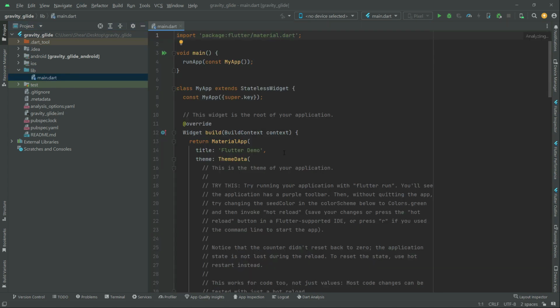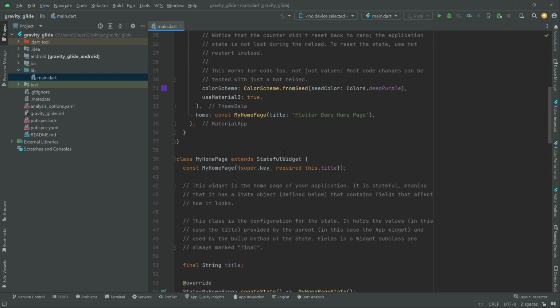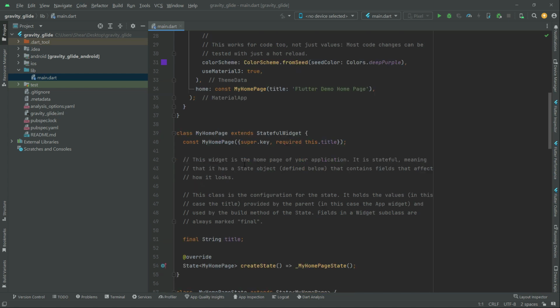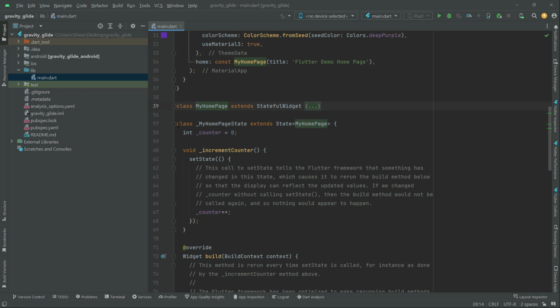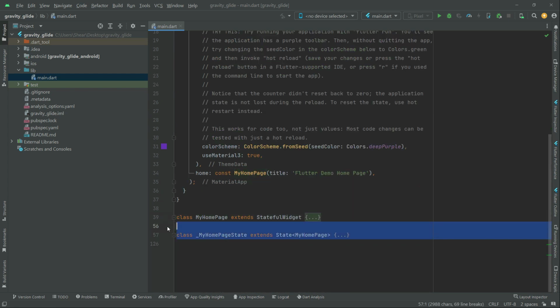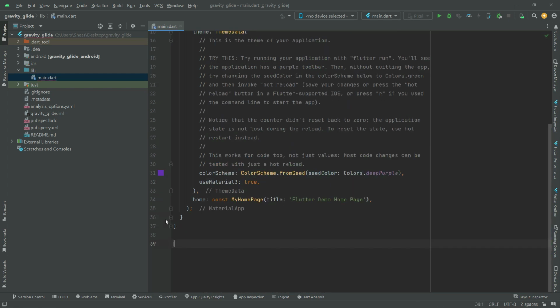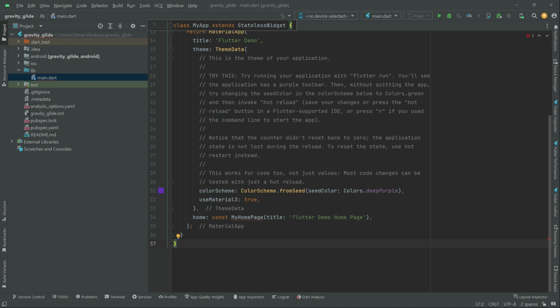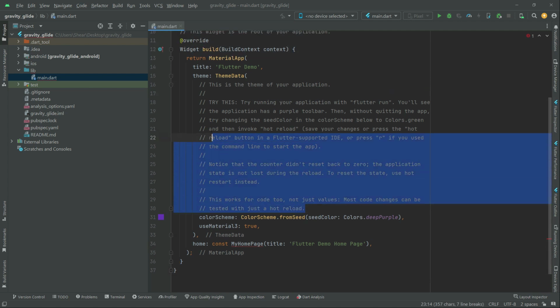Now the first thing that I will do, right in the main dot, just to remove some classes. So in here you guys can see that class by the name my homepage. Just wrap that like that, and also this one, wrap it, and simply just remove that. We don't need this. Now the next thing we will do, just to remove those command lines from here, clear